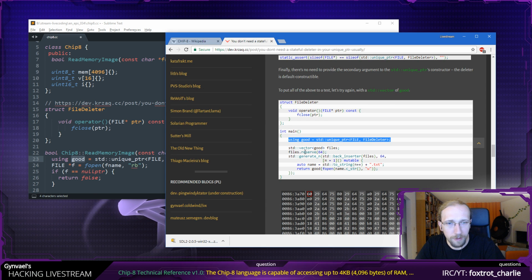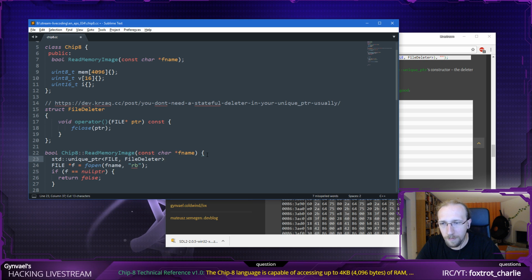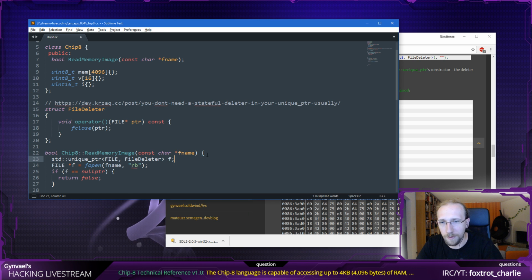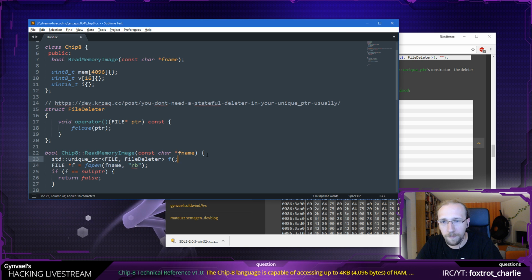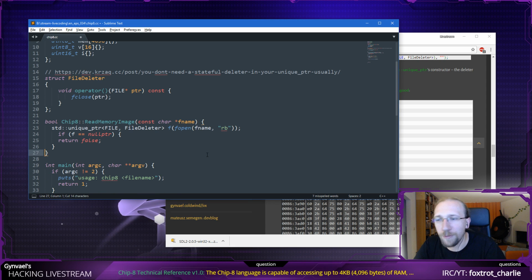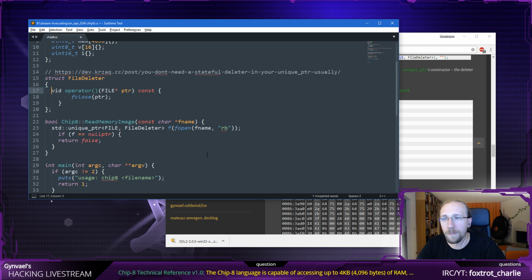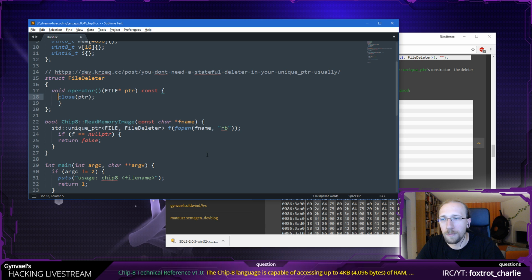Yeah. I probably want this to be equal. Open. Okay. Yeah. Should be fine now. Now, thanks to this, the code I copied, I actually don't have to care about closing the file, because it will actually run the deleter. Okay, one thing I need to change, I guess, in Sublime.